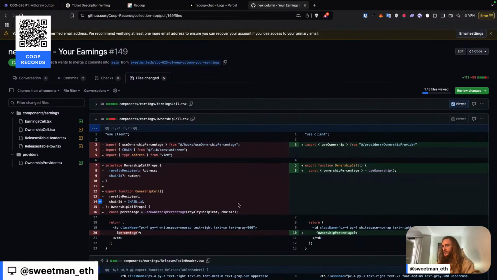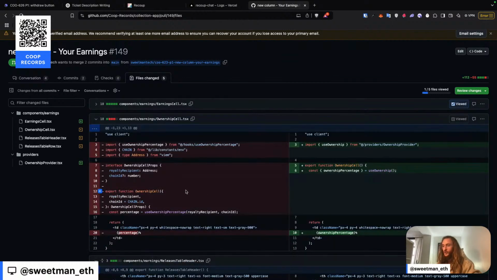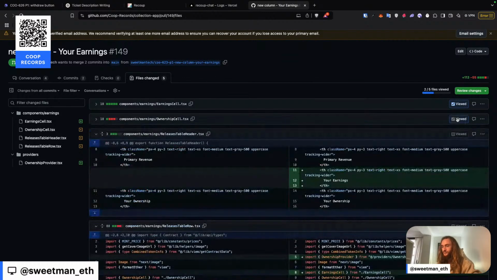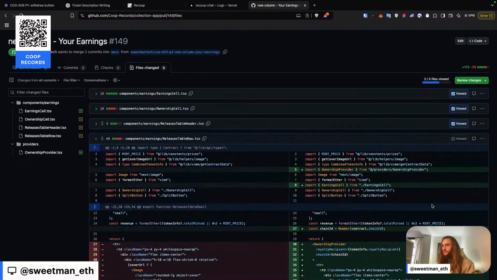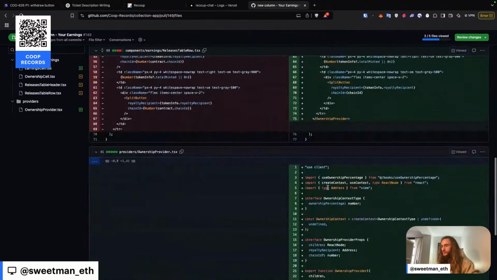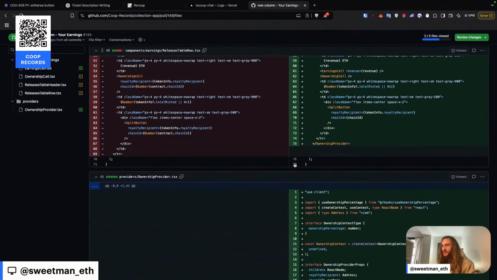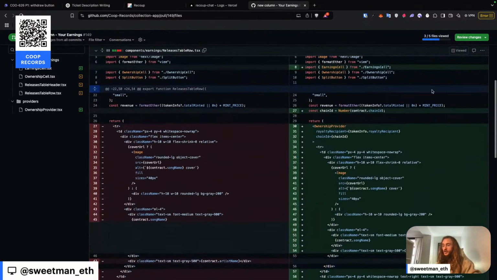Observing for now. You can see the cells are now way simpler. This cell, no more parameters, just shows the percentage. We've added a new column header inside of our row component. We're still about the same line of code. We went from 71 to 77 here. So the existing,